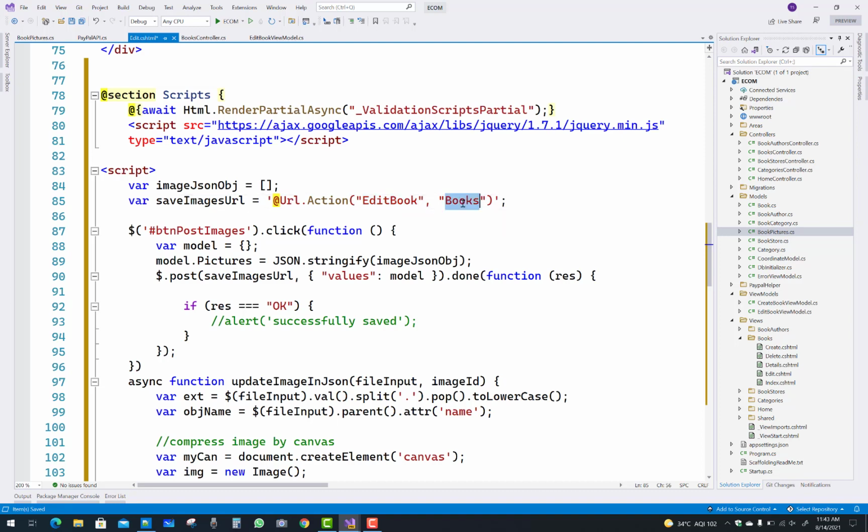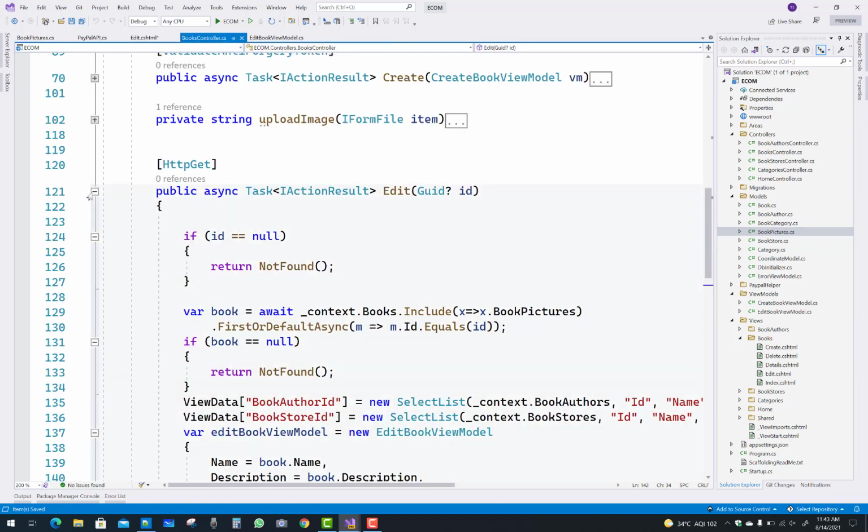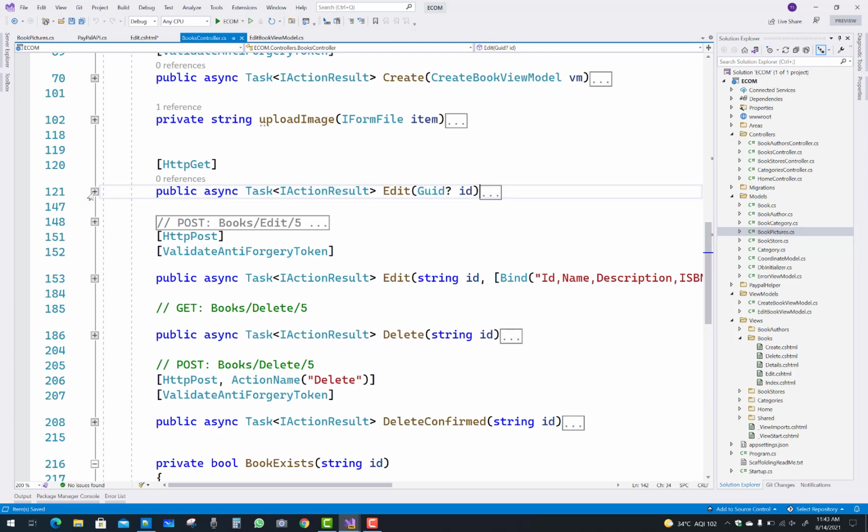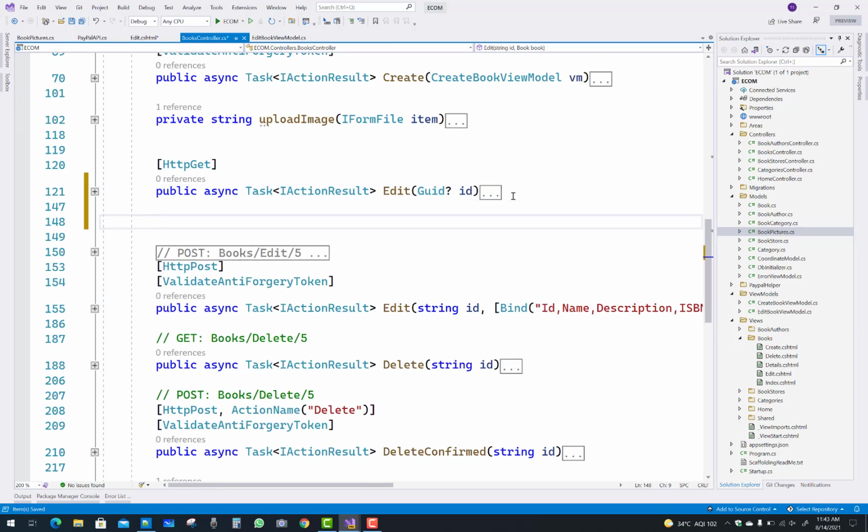And just pass it to the edit book, and there is the post action method, and the book is the controller name. So here we have edit, there is the post action method.